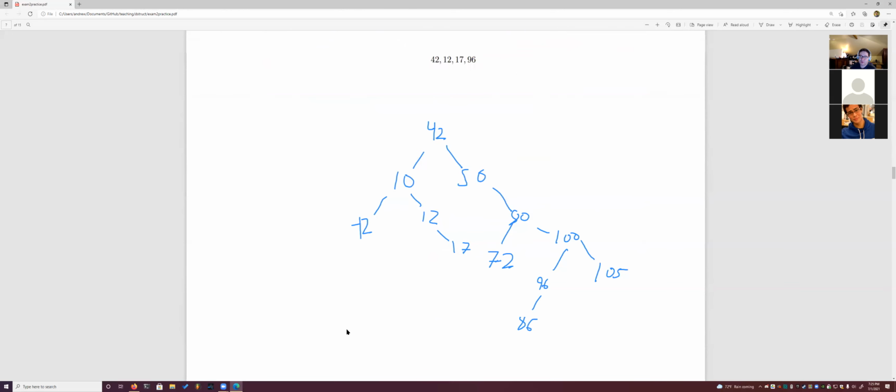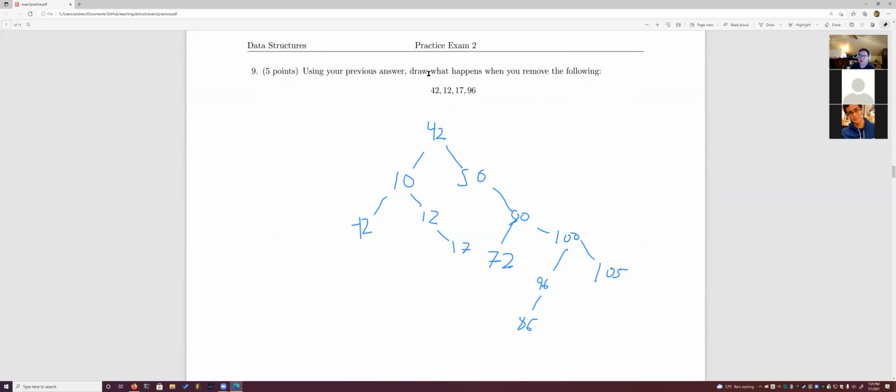Now, what about the removal? Using the previous tree, we'll draw what happens if you remove the following. I'm going to remove these step by step. Removing 17, so removing 42. To remove 42, because it's got 2 children, we go one to the left and all the way to the right. So I'm going to delete 42 by replacing it with its in-order predecessor,